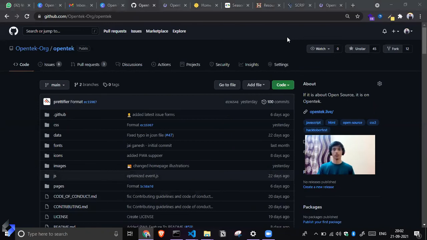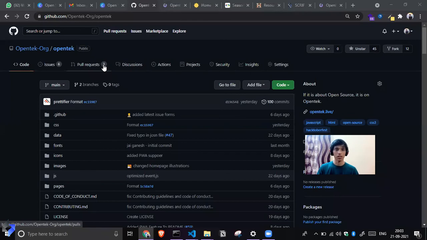Any more questions or anything you want to ask about open source? When do we get a merge conflict? A merge conflict happens when two developers are working on the same file.